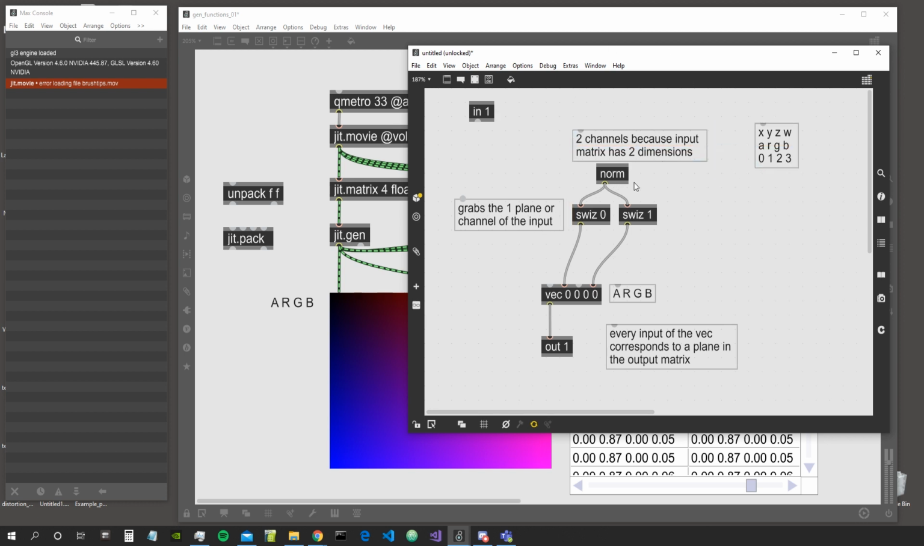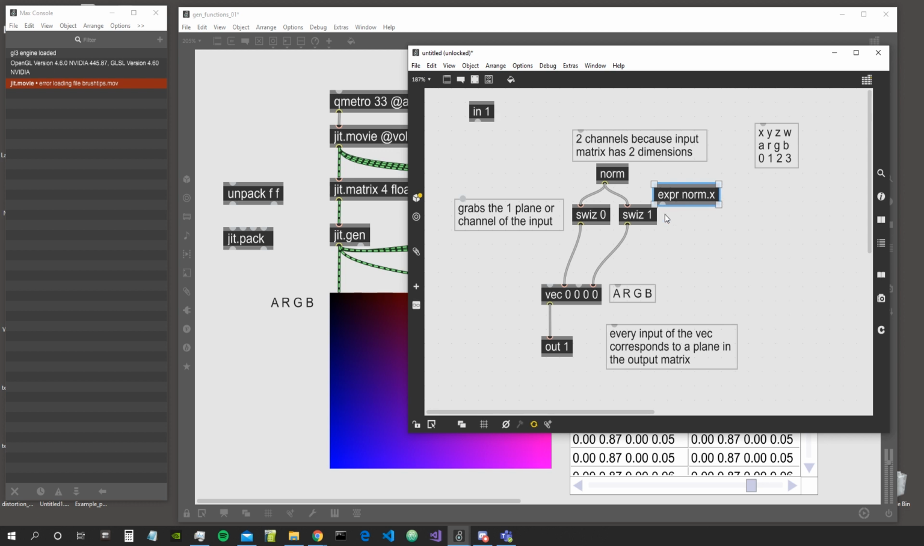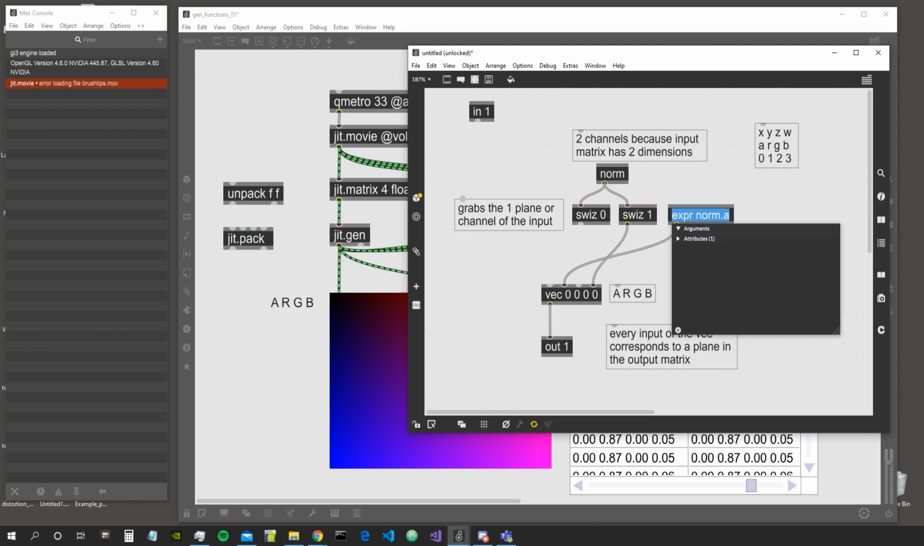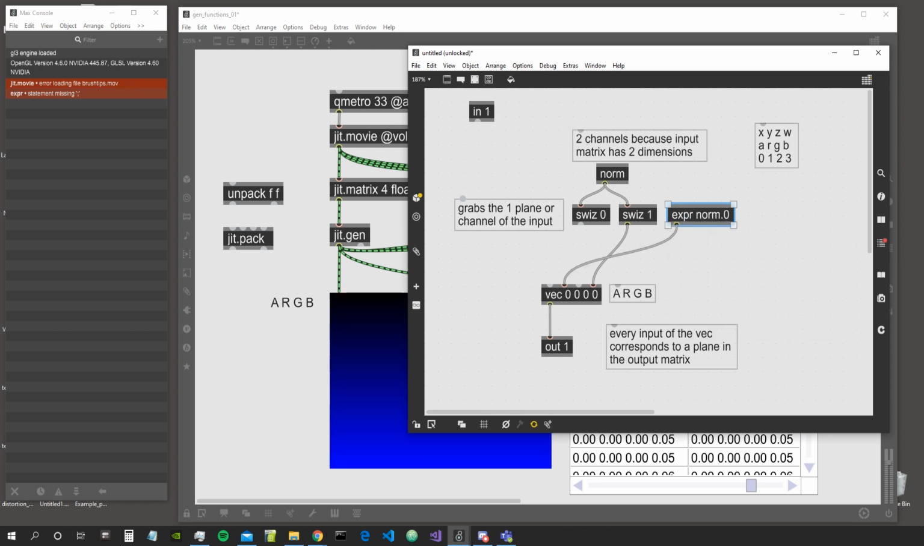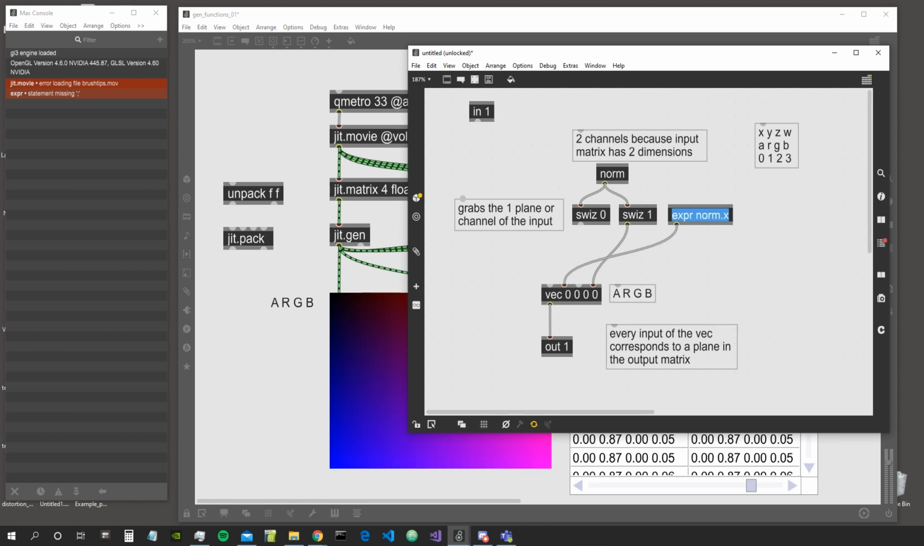There is even one more possibility we have got, which is not to use the swiz object, but to create an expr object and to say norm.x. Now, if we connect this here, this will be exactly the same. So we could say norm.x, we could say norm.a. Can we say norm.0? Not sure. No, this doesn't work. So norm.x and norm.a will work,